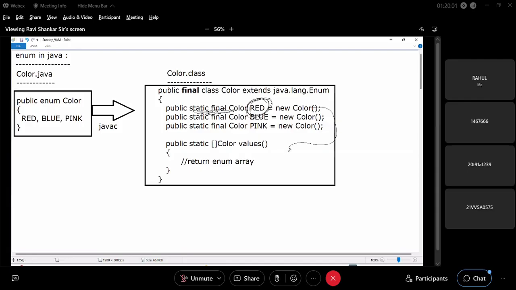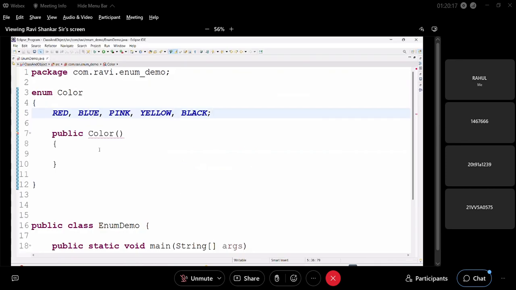So what will happen? Your color constructor, which is available here, will be executed. But it must be what? It must be private or default. It must not be protected or public. Outside accessibility is not possible. Look, protected is not allowed, public is not allowed. So you can write private, which is allowed, and you can write sys out